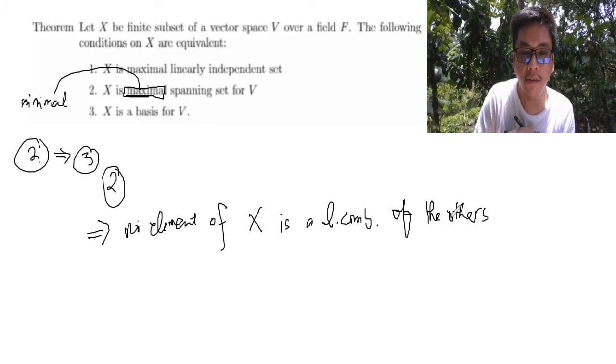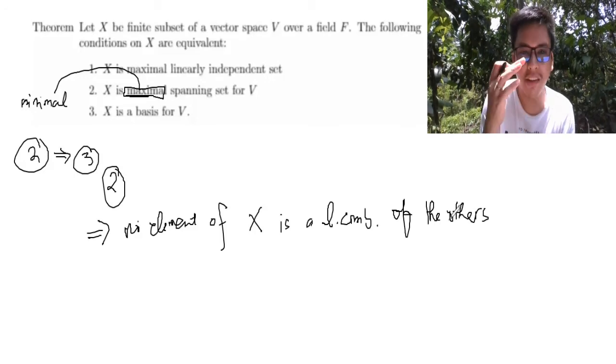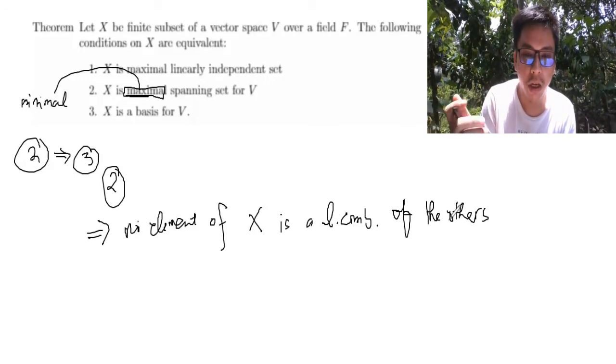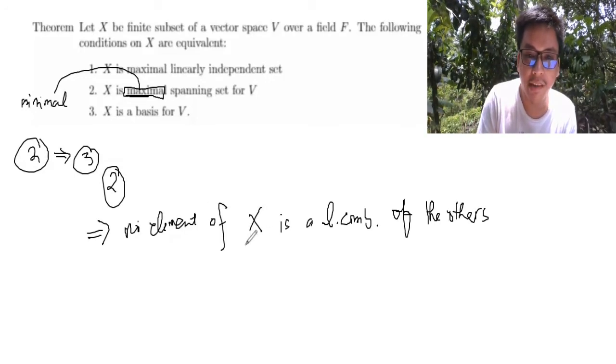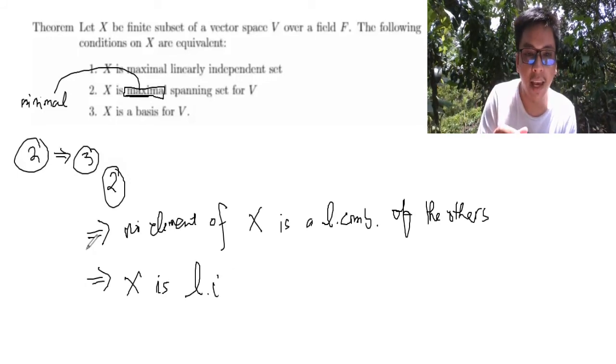Okay, so why? Because if there is an element in X that can be a linear combination of the others, then X will have a proper subset spanning the same subspace spanned by X. That is a contradiction to the definition. So since no element of X is a linear combination of the others, then X is already a linearly independent set. So hence, this is already a basis for